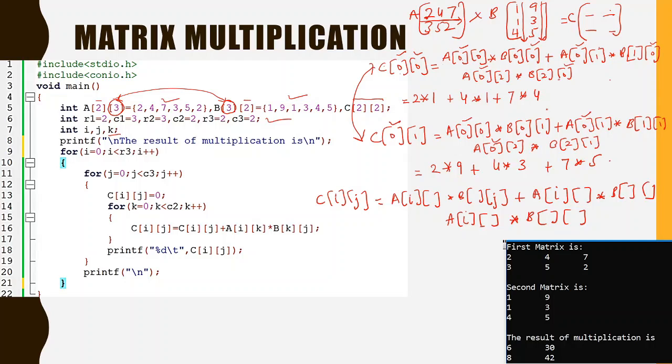So B's column is always same to the C's column. Okay, so that you can see here B's column is always same to the C's column. So in the B's column I will write always J. Okay, and the remaining, that is A's column index and B's row index, you can see that it is in